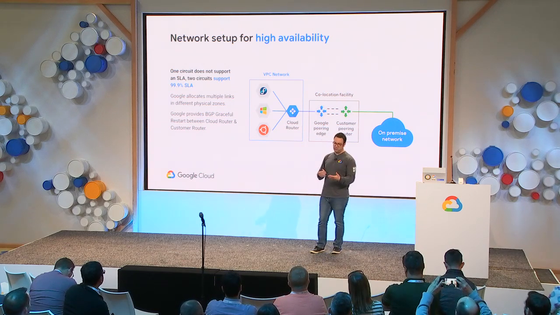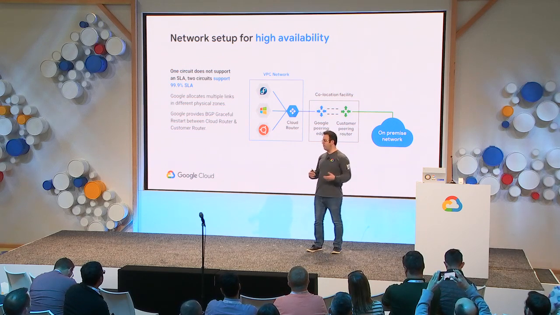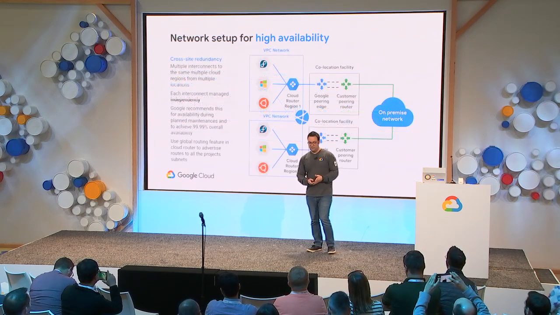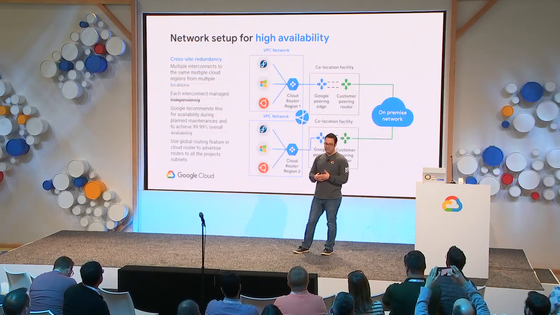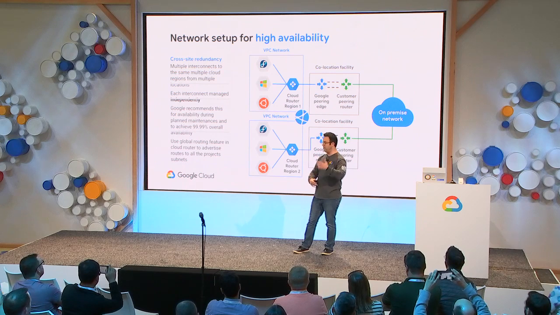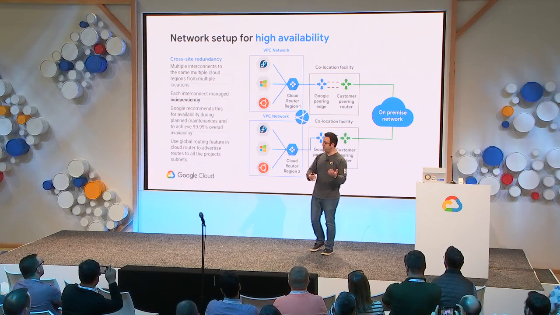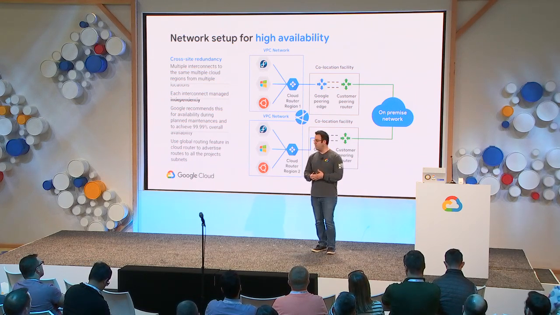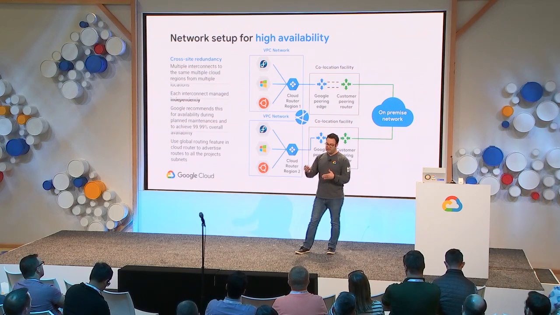So with BGP Graceful Restart and Cloud Router, we're able to provide high availability across these two zones. Now for customers that require very high availability, we would want to duplicate that effort across two metropolitan areas. So in this case, you may have a metropolitan area on the East Coast, maybe one on the West Coast, and you would again be connected across two availability zones within these metropolitan areas. And that would provide you a 99.99 SLA with us to connect back to